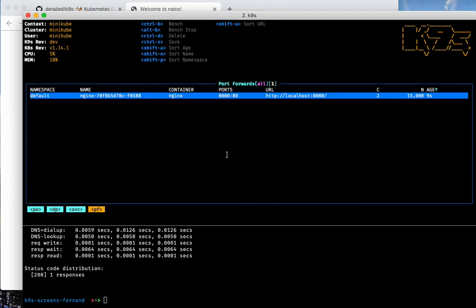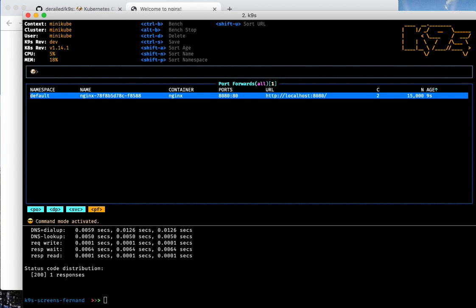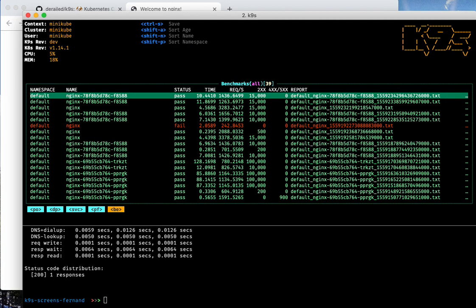So here we have now the ability in K9s to kick off the benchmark directly using Control B. That's going to start exactly the similar command that I ran directly in the CLI, but integrated inside K9s. Once I have a benchmark generated, I can navigate to a new view called the benchmark view, aka BE, and this is going to show me the output of all my benchmarking runs that I've done so far. So here I can see that I was able to hit that container 15,000 times. It took about 10 seconds to do so.